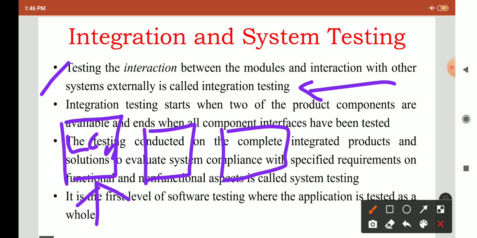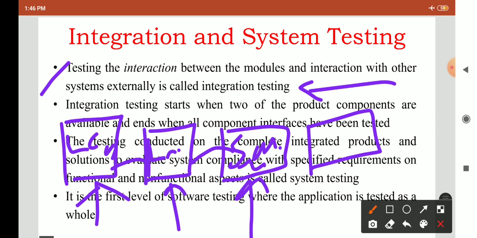Suppose you are using a bank system, then there is a loan section. For that we perform unit testing. So for each small unit we perform the testing. Now in integration testing we combine this login unit with your loan unit or your savings account. There is a savings account present in your bank, or any other demat account.